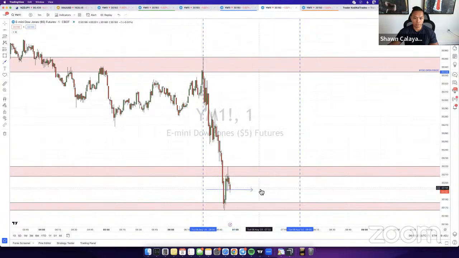It's just ranging right there down below. Like I mentioned before, guys, it's just a matter of patience. This is a game of patience trading. You just have to wait for the entries to come to you. There's no entries available right now, so we just got to wait for that to set up.